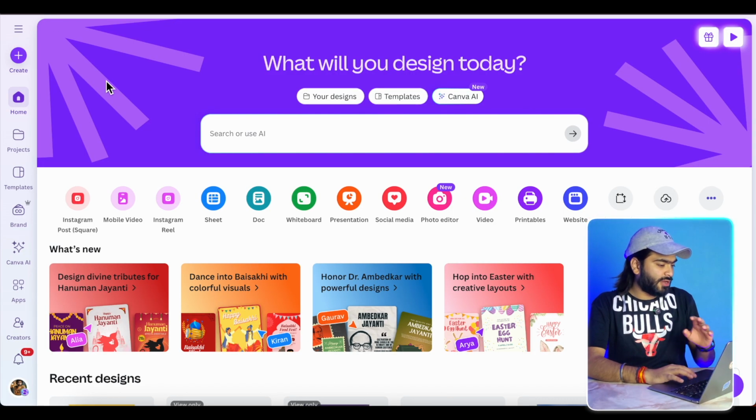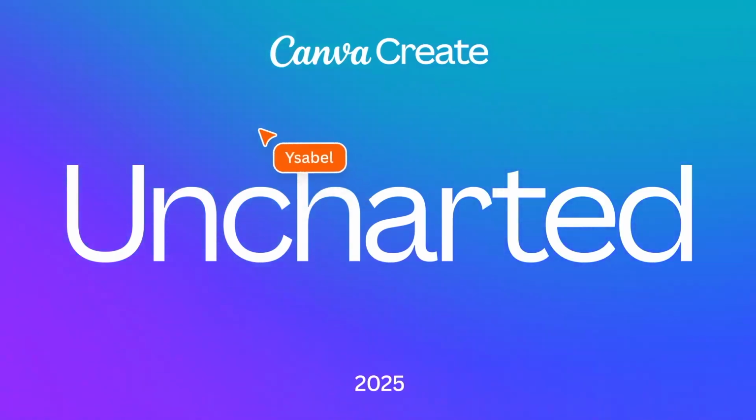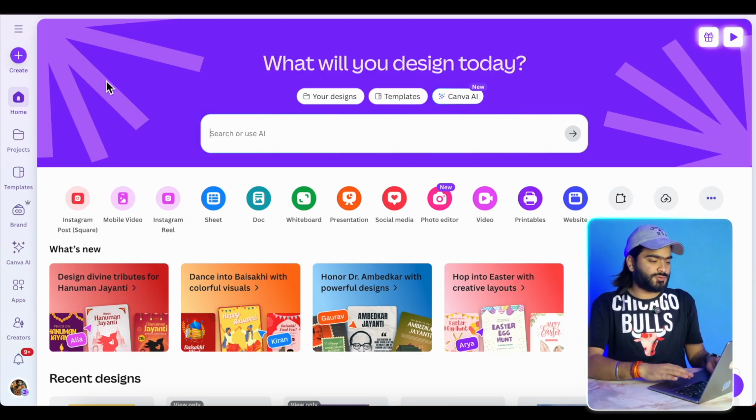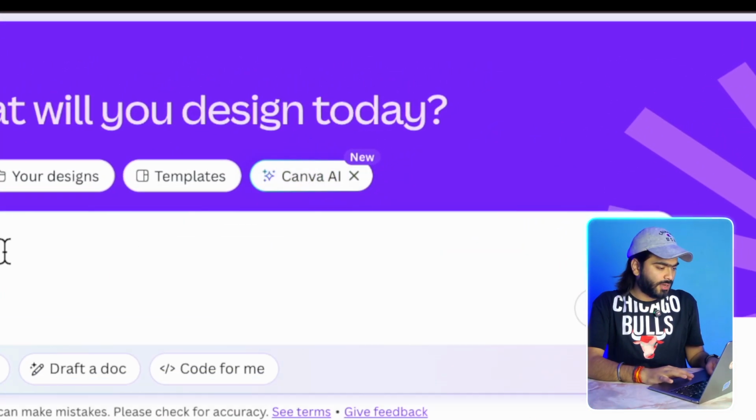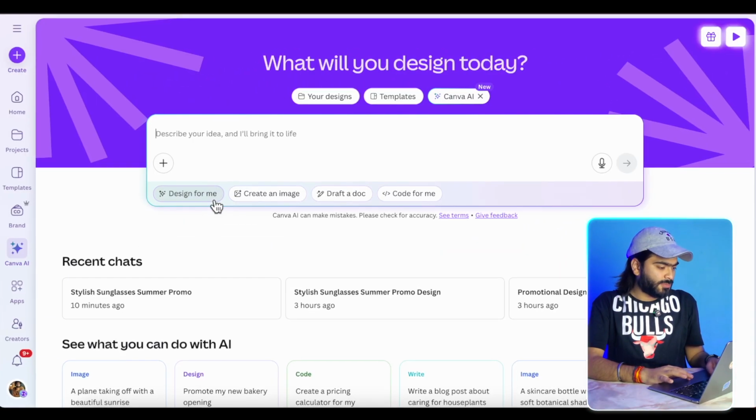So as the first step of this video, we need an image, and we are not gonna use any kind of Canva image library images or stock photos. We will generate an amazing image by using Canva's latest AI feature, create an image. So all you have to do is just go into Canva, and here you will see the new UI of Canva, which launched at Canva Create 2025. So all you have to do is just select this Canva AI here and enter your prompt by selecting this